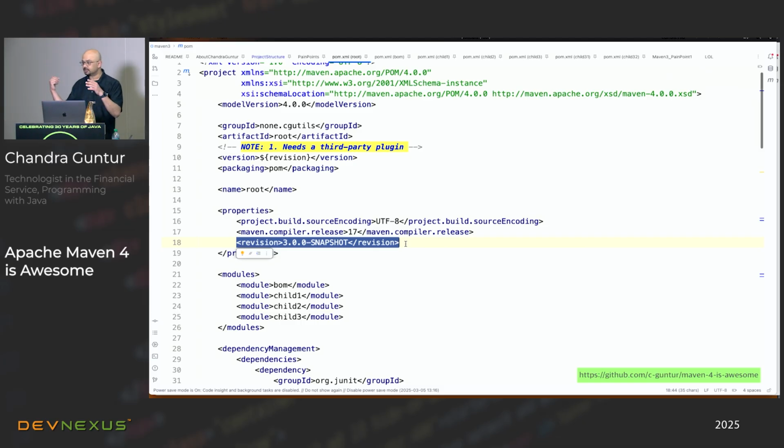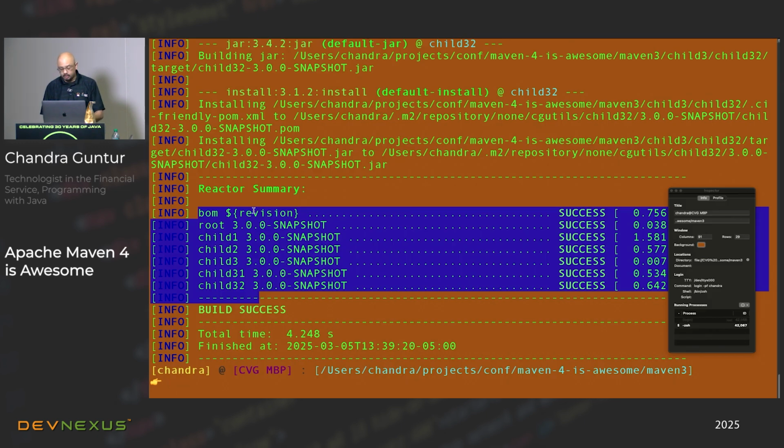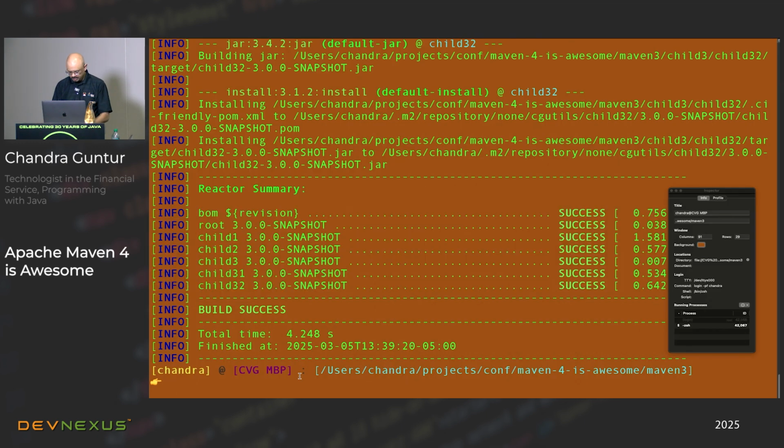Because the bill of materials does not share the inheritance from the root. It has its own inheritance structure. So it did not pick up the 3.0.0 snapshot, and it got a $revision variable. How can I change this? Now, if I were to go back here, and instead of just running a Maven clean install of 3.0.0 snapshot,